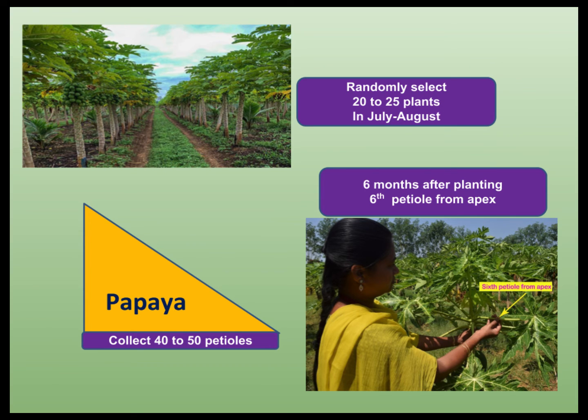Like grapes, in papaya also the petiole is sampled for analysis. Since the plant population is more per hectare, we need to sample about 20 to 25 trees in papaya. When the plant is 6 months old, randomly select 20 to 25 trees and locate the 6th petiole from the apex and collect about 40 to 50 petiole samples, cut into pieces, mix well and transfer a portion of the sample to